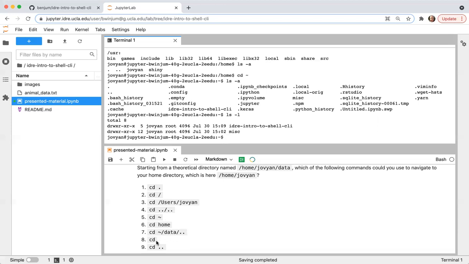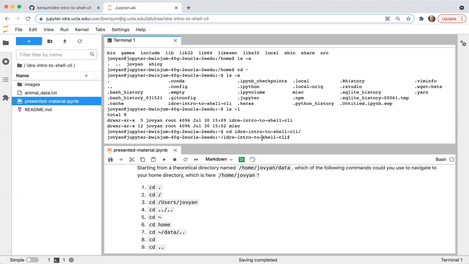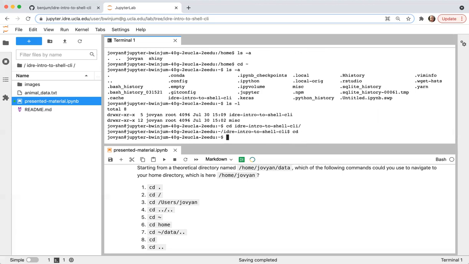cd by itself, I realized here I haven't told you that particular shortcut. So that will actually also work. Let me change into the directory and enter the shell. cd just by itself, if you don't give it a directory, will change into your home directory. So this one will work. And cd .. will change into the parent directory of your working directory. So changing into the parent of data will get you back to home as well.